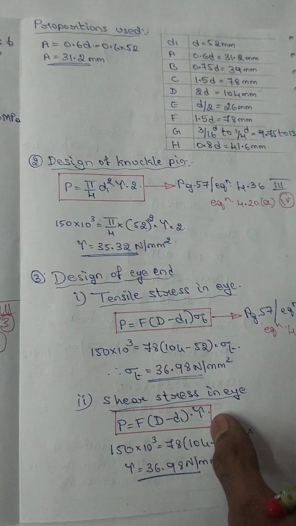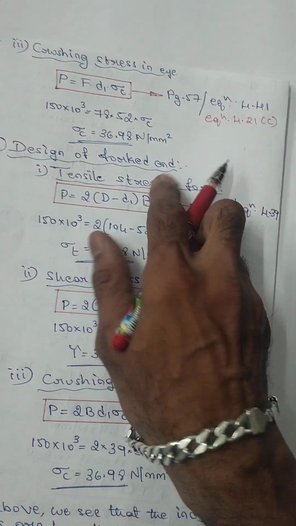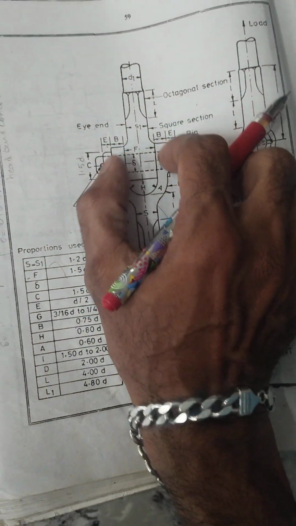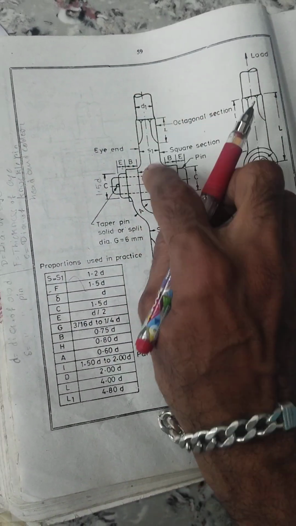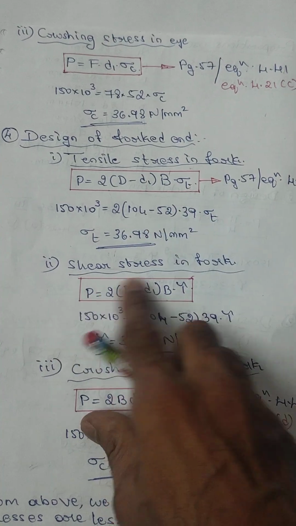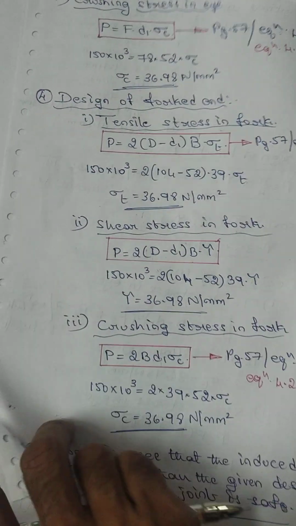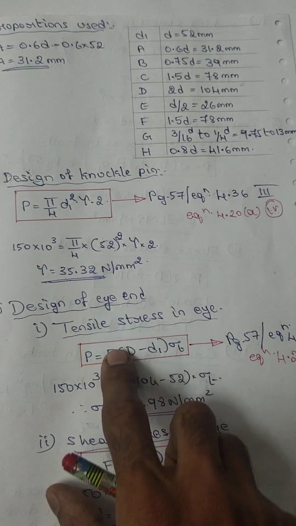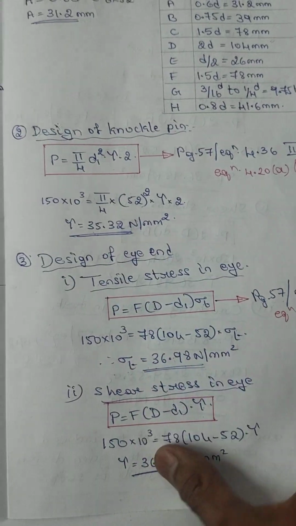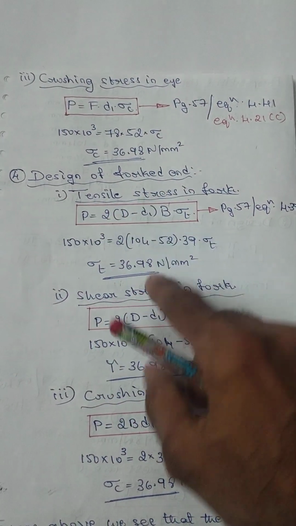And during the design of the fork end, you can see in the sketch that this portion is the fork end, and this is the eye end. Here in the fork end, you have to calculate tensile, shear and crushing, similar to the eye end. Tensile, shear and crushing are calculated in the forked end also,